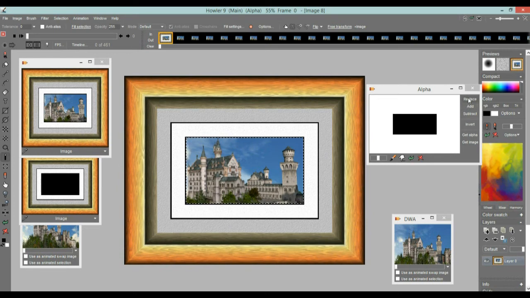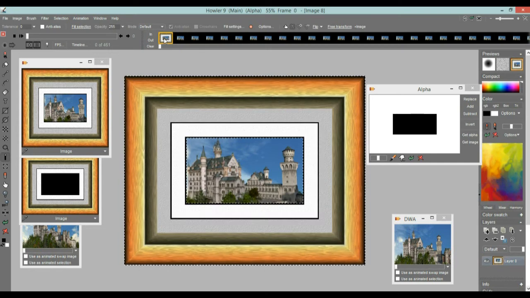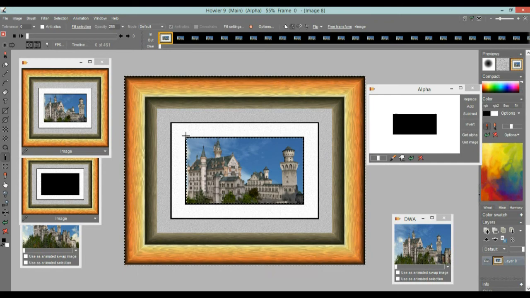So with the alpha channel being selected on the outside, it's only going to copy over what's from the swap buffer in this area around it, so that for all of these frames, the animation we see here is not going to be replaced. It's going to actually show us the actual animation going through there, while the wooden frame is being pulled in from the swap image. That's really what we're trying to do here. So let's go do that simply by